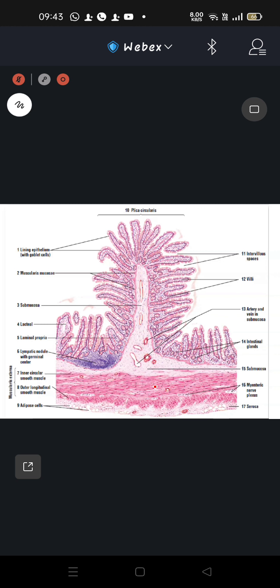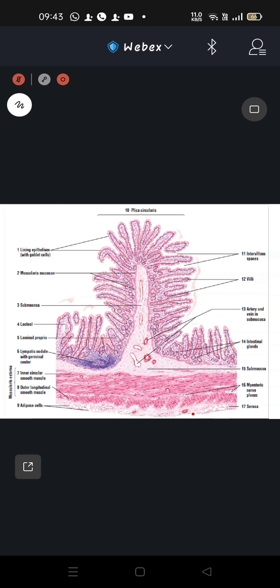Then is the muscle layer, which is the muscularis externa, containing the inner circular and outer longitudinal layer. Between them, we can appreciate the myenteric plexus. The outermost layer is the serosa all over, because the entire jejunum and ileum are wrapped by the peritoneum. So that's why the outermost lining here is the serosa.